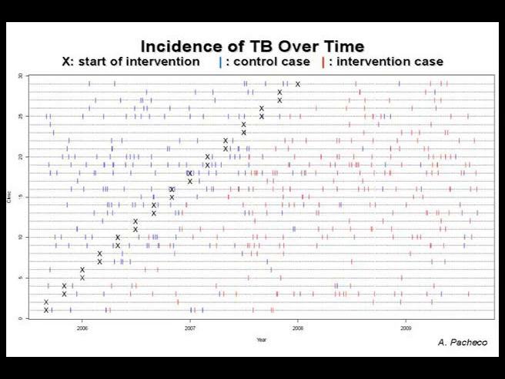And so here's the time here. And now these are just the order of entry of the clinics. So here's our wedge here. 2 clinics coming in here, 2 here, 2 here. So each line is the experience of a clinic. And these are all the TB cases in the calendar time when they happened, when they were diagnosed. There's 475 of them on that picture. For those of you, the human brain can comprehend maybe 100 objects. This is about 475, in terms of understanding how many there are.